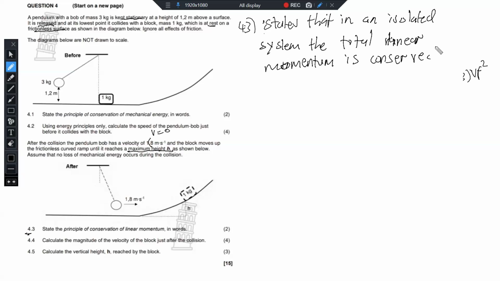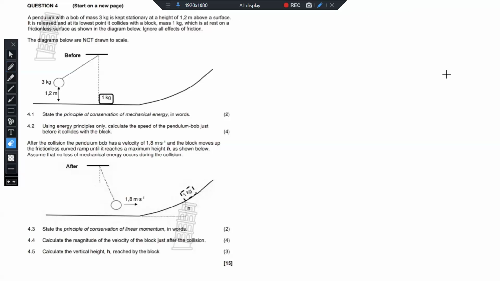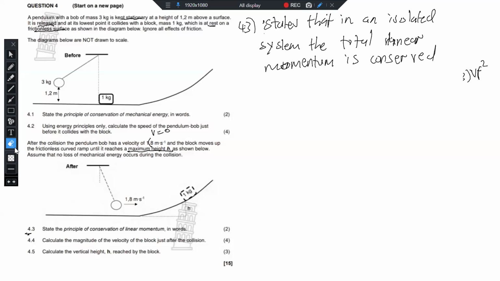So that's our definition right there. It states that in an isolated system, the total linear momentum is conserved. Now, 4.4